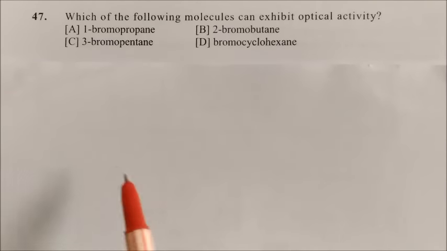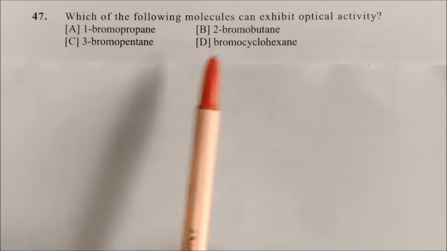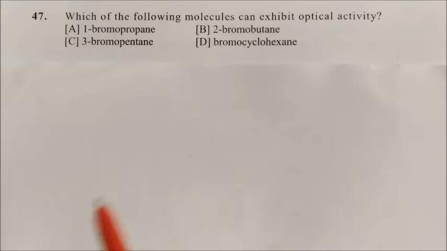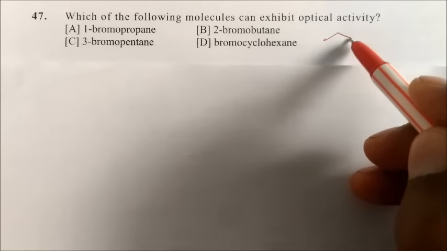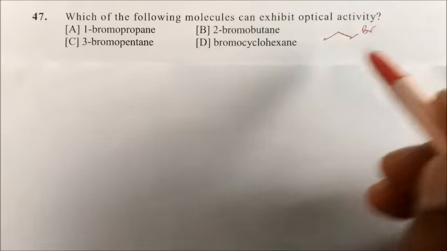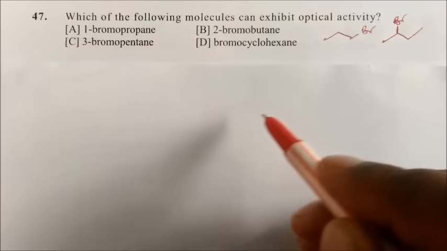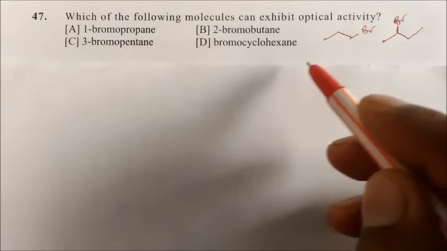Which of the following molecules can exhibit optical activity? 1-bromopropane, 2-bromobutane, 3-bromopentane, and bromocyclohexane. If you draw the structure, this is the bromopropane. The bromobutane means this is the butane, and this is the bromine. And again 3-bromopentane. If you draw the structure of 3-bromopentane,